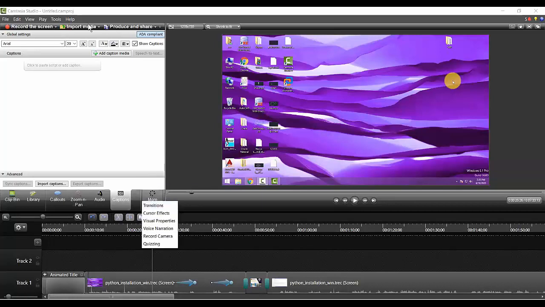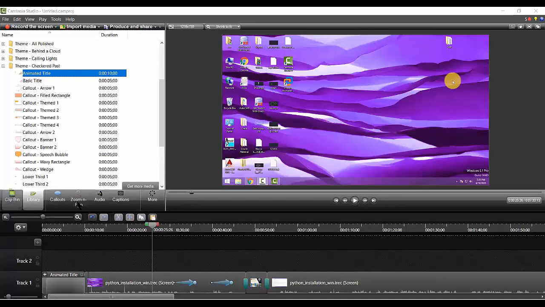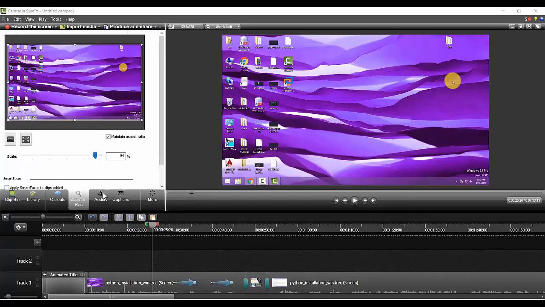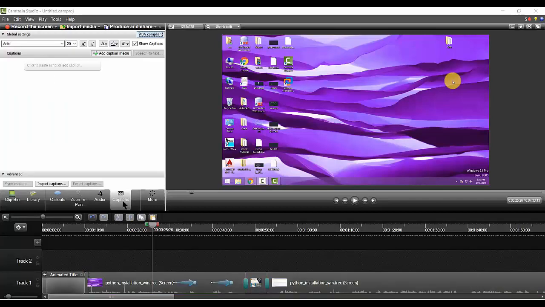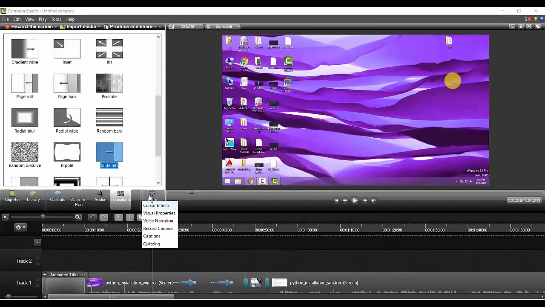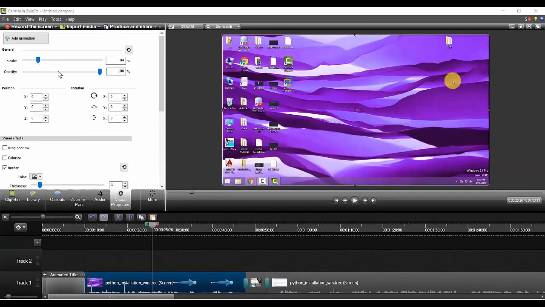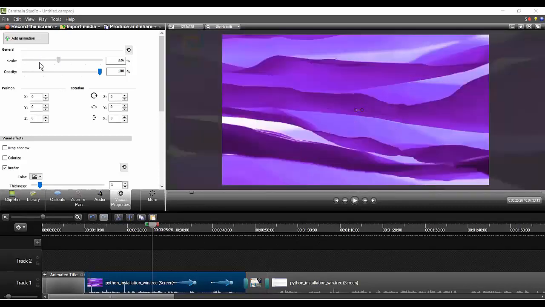Okay, now. Regarding the library, we have seen callouts, we have seen zoom in and zoom out, we have seen the audio, we have seen captions, we have seen transitions, we have seen visual properties. Okay, in this property, scale up, scale down, everything you can do here.